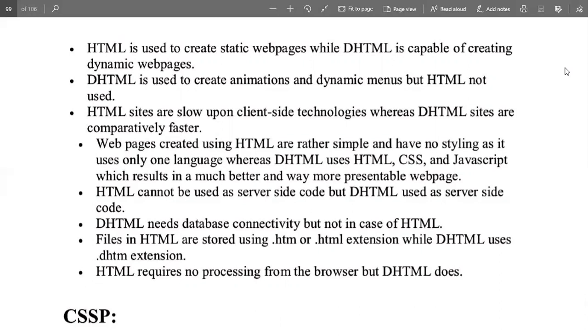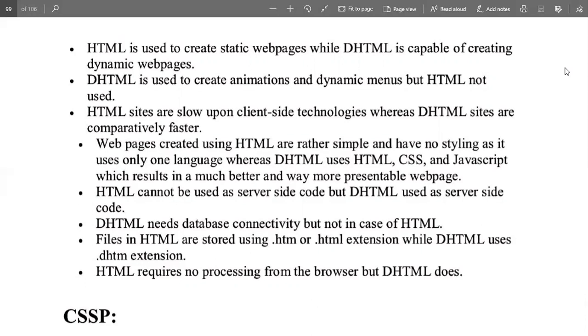Whenever a web page is created in HTML, it is created simple. There is no styling at all, because we use only a single language. But in DHTML, we use multiple languages, so the web pages are more presentable and more convenient to understand, because they include graphics, animations, and styling criteria also.